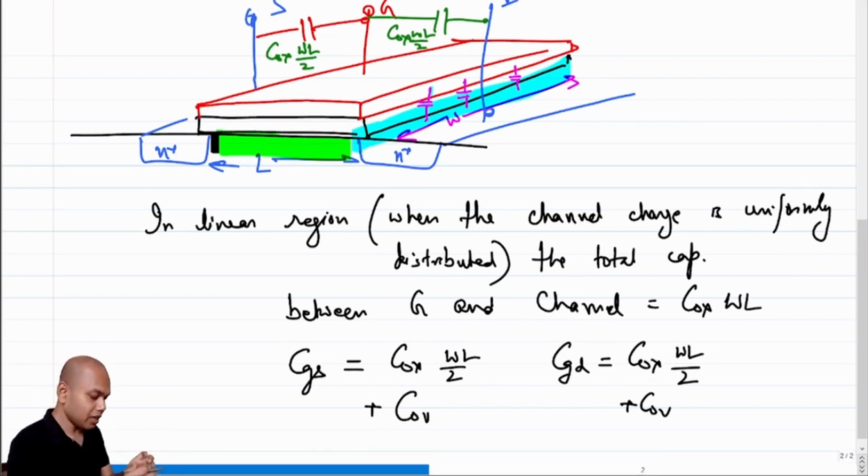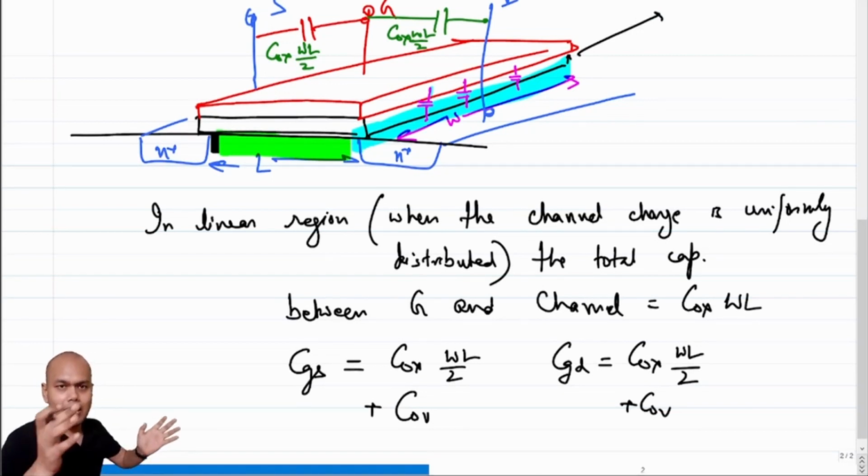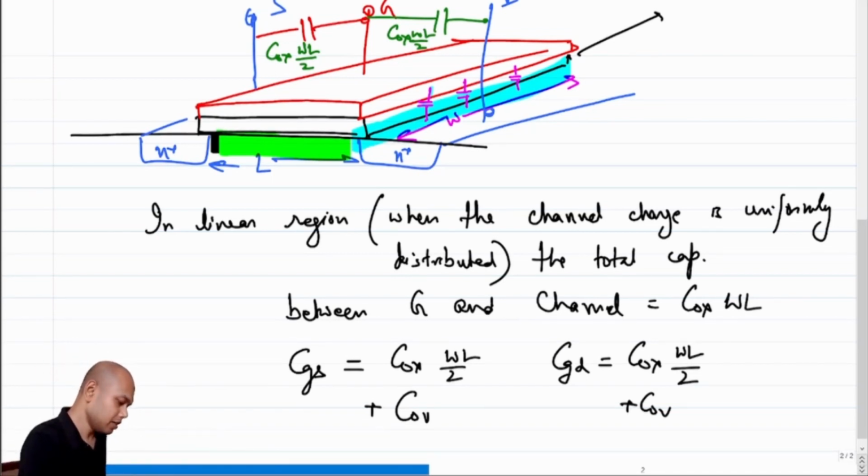Because ultimately it looks like if I increase the width of that transistor, if I go this way, then I will have more overlap capacitance. However, if I even change the length L, the overlap capacitance will not change, right? So essentially, which essentially means that this C overlap, or we express this as